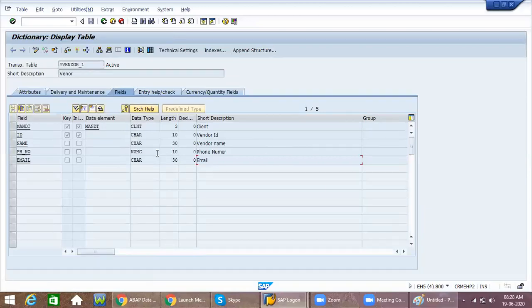If you create a table without domains and data elements, the system will accept duplicates also. Then how do you rectify which records are duplicates and which are correct? It is again a headache, right? That is the reason no one goes like this. The best practice is to always go with data element and domain.